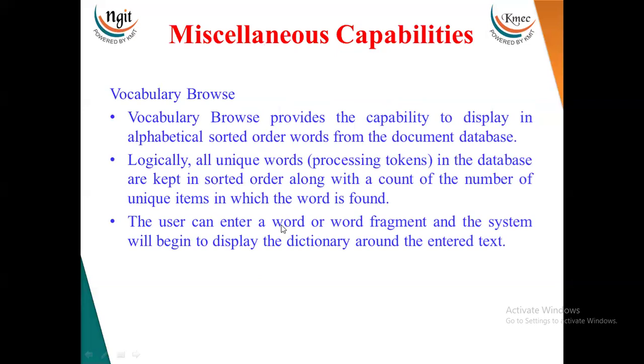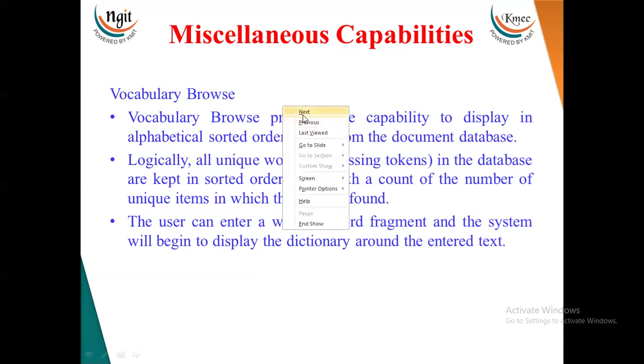In this, we have vocabulary browse. So vocabulary browse will provide words in alphabetical sorted order from the document database. Suppose I store all the search data in the form of A, B, C, D, E, F, G, H like that. So when you go for the vocabulary browse, it will be very easy to identify, and difficult to store the